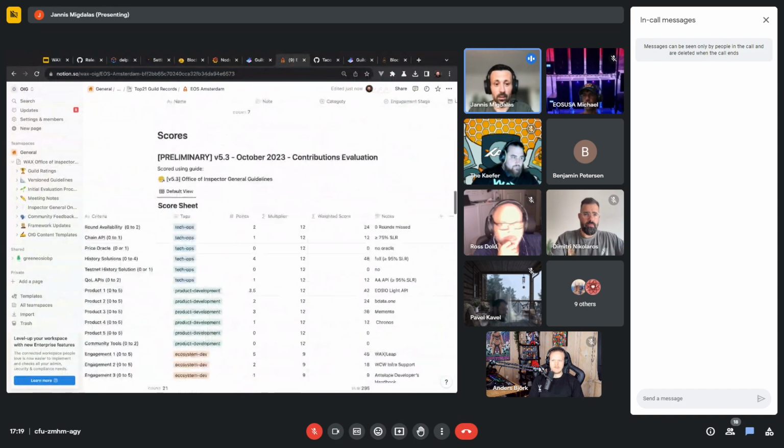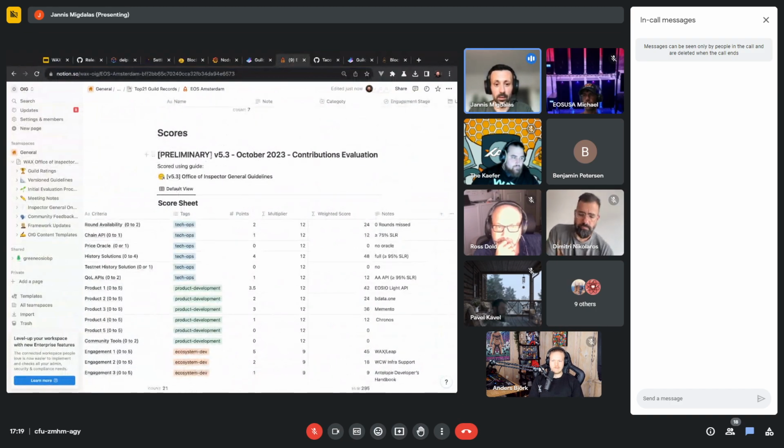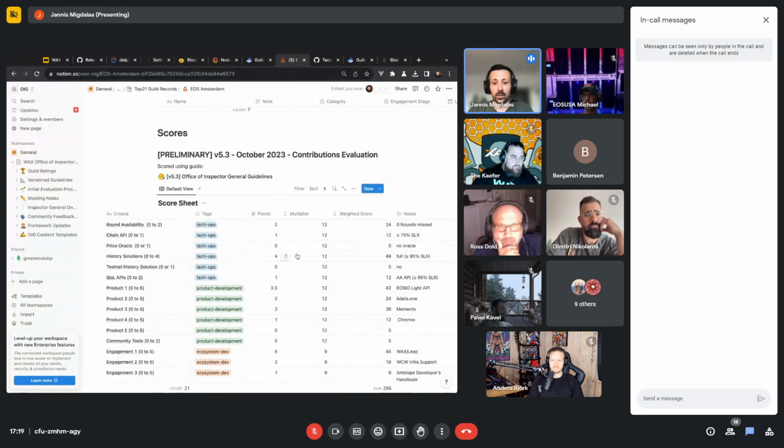So the score table, and this is just a preliminary example of how the next tech score is going to look inside the table. The table is being extended with another row, Chain API. We require an SLR or an uptime of over 75% for the evaluation period, but expect us to tighten this requirement as soon as we have the validations and the monitoring for those APIs up and online